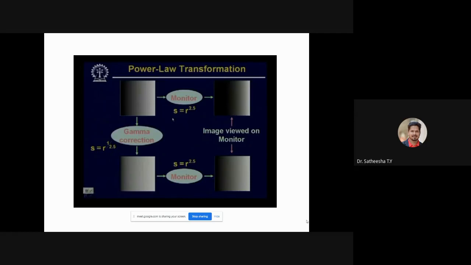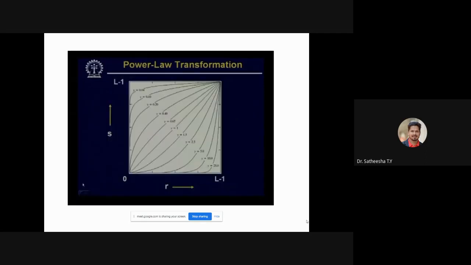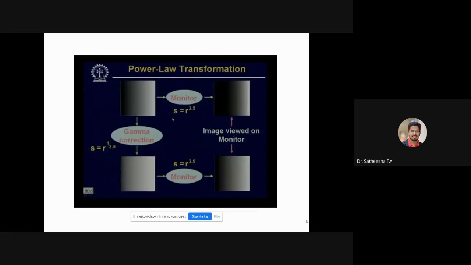This is the beauty of gamma correction. By varying the gamma correction, we can get the output image however we want and wherever we want. As we have shown in our previous slide, if the value of gamma is less than 1, then on the darker side, the lower range of intensity values will be mapped into a larger range of intensity values in the processed image.